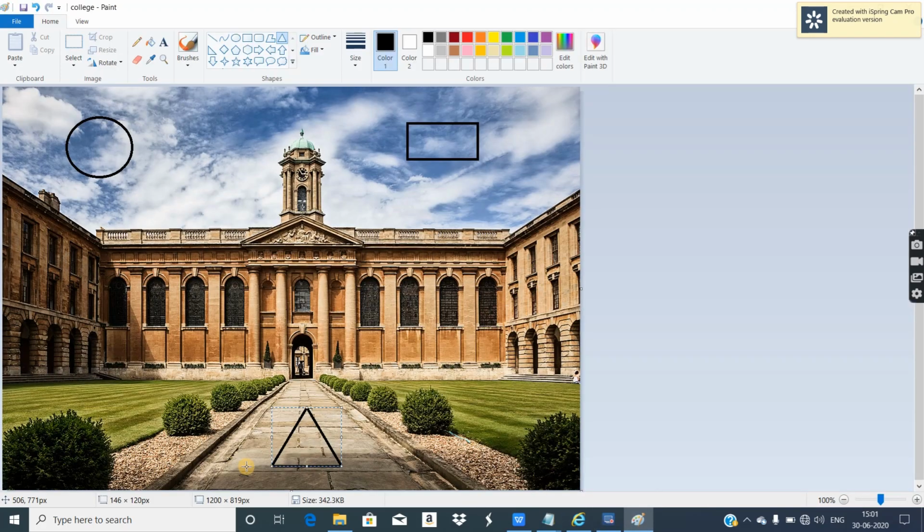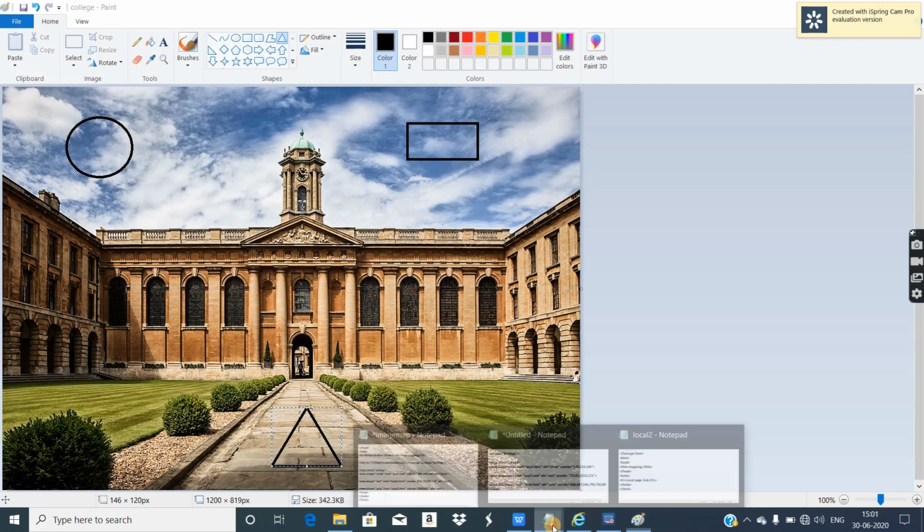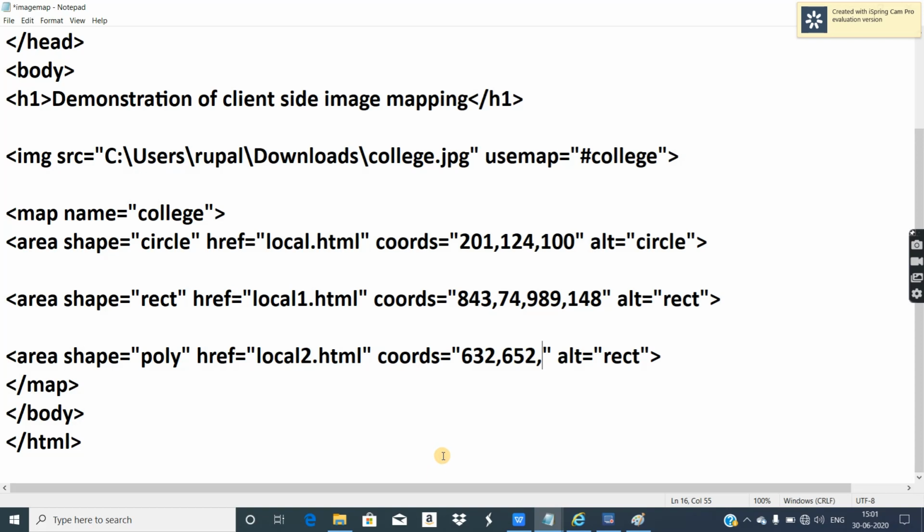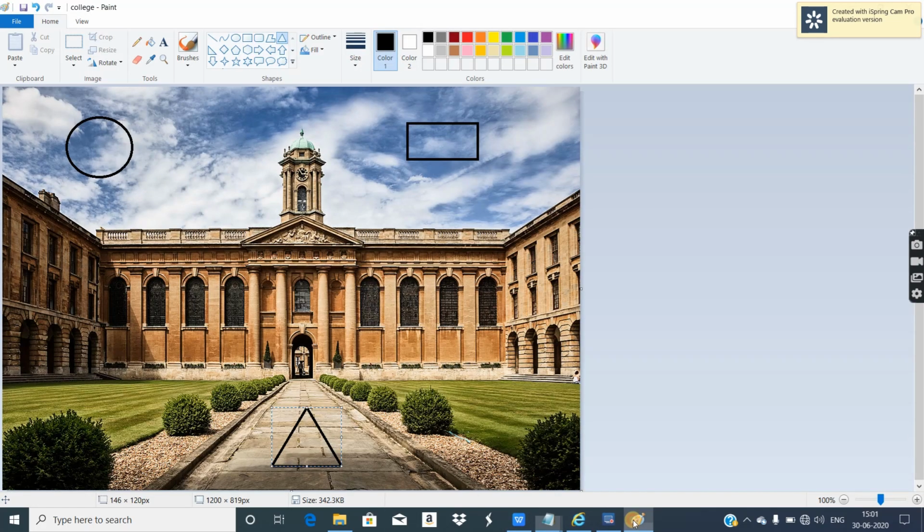One vertex over, now the second vertex: 560 comma 769. Third, going back to the paint, third vertex, 702 comma 768.